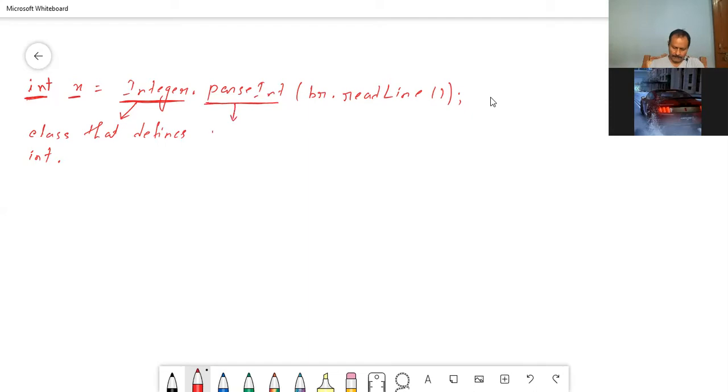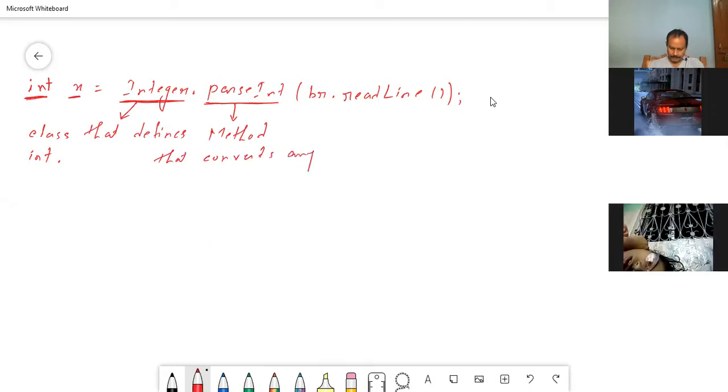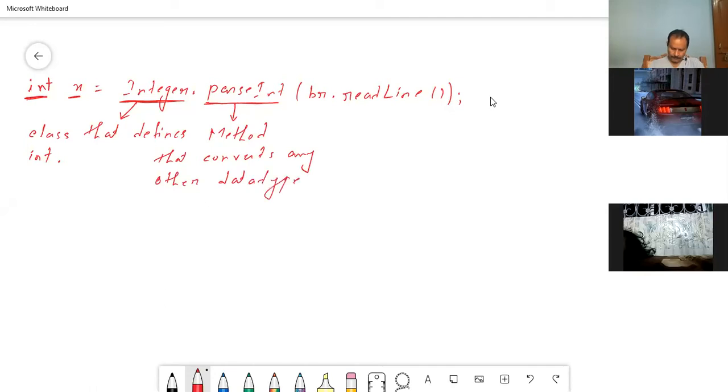This is the method that converts any other data type to int type. Okay, hopefully you can understand the handwriting as it is being digitized, so it may break and crack somewhere.